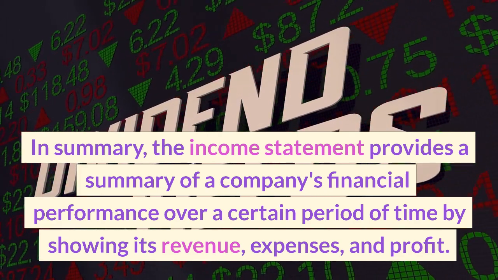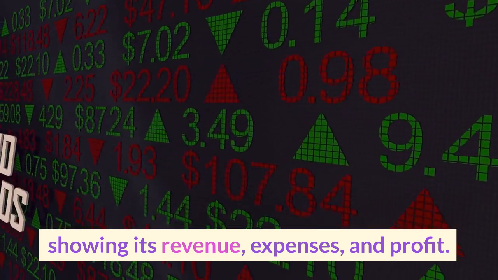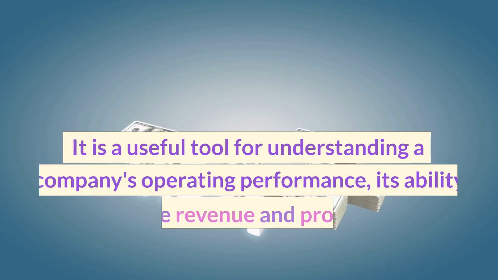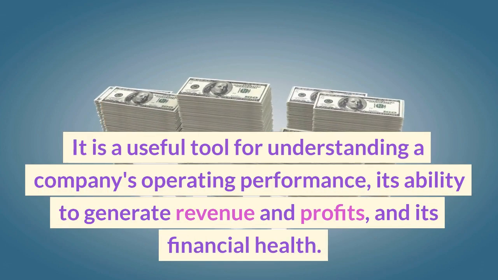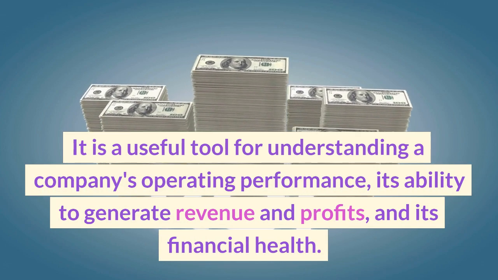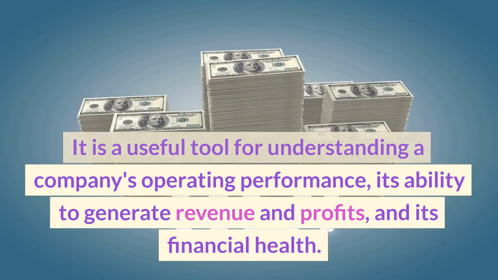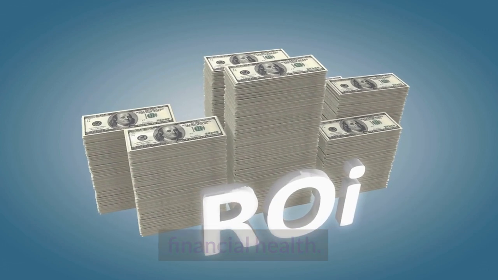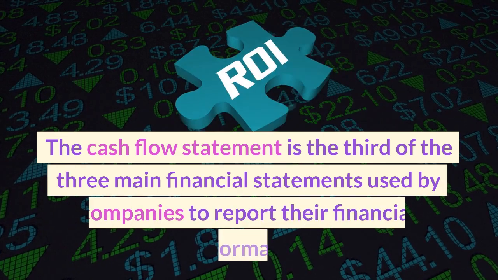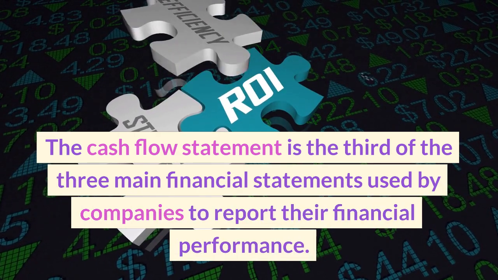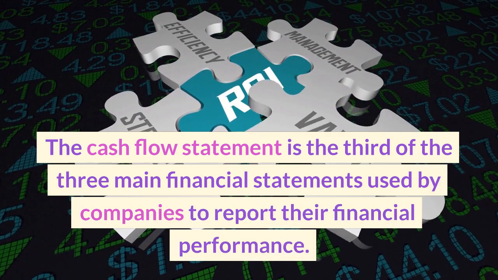In summary, the income statement provides a summary of a company's financial performance over a certain period of time by showing its revenue, expenses, and profit. It is a useful tool for understanding a company's operating performance, its ability to generate revenue and profits, and its financial health. The cash flow statement is the third of the three main financial statements used by companies to report